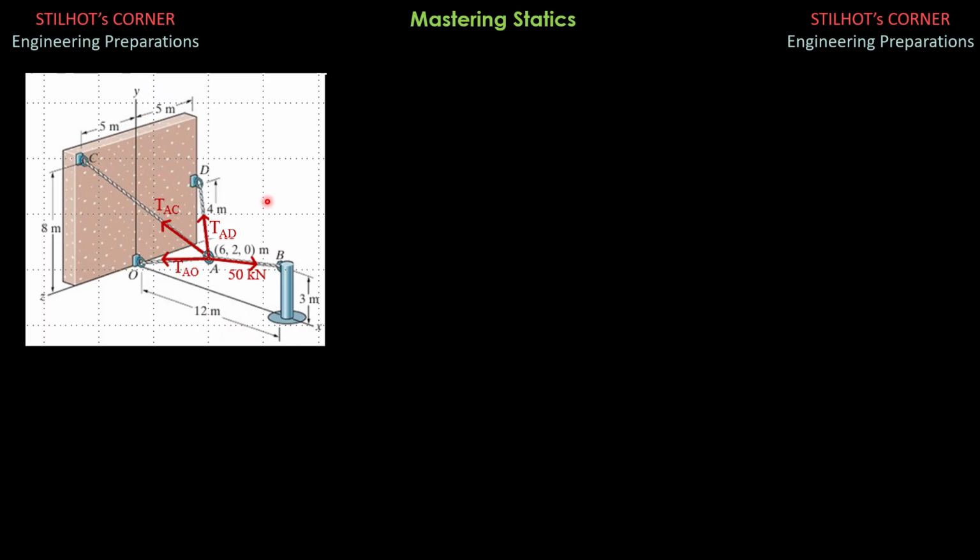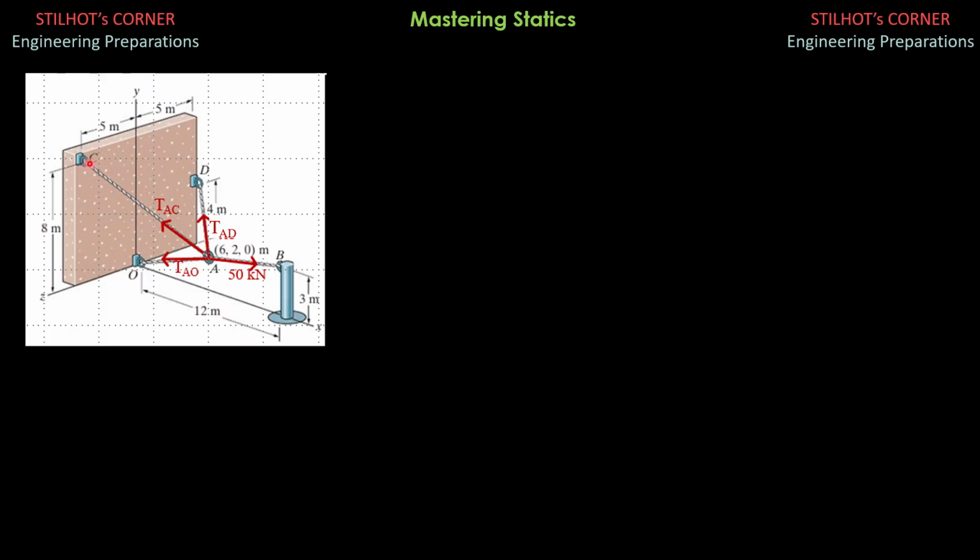So as promised, let's solve tension AO directly by summing up moments about axis CD so that the other tensions AC and AD won't be involved in this equation. So that's the deal, so that there will be no moment for cable tensions AC and AD about CD. And remember that we have to consider only AO and 50 kilonewtons.